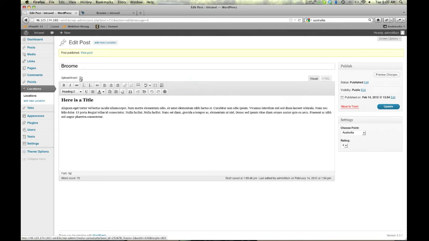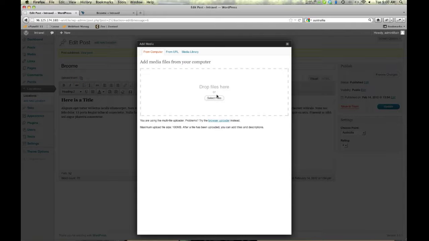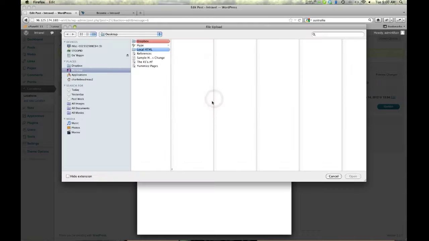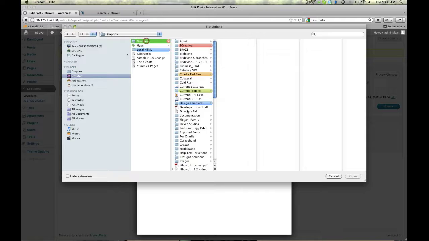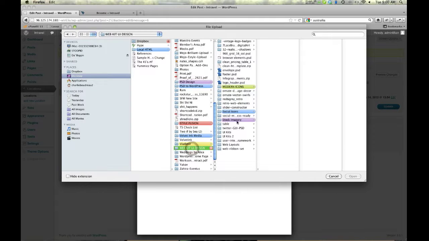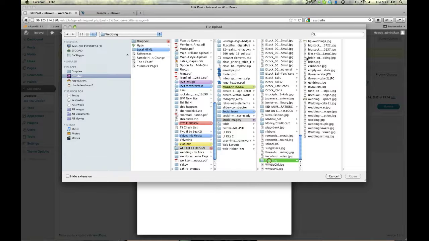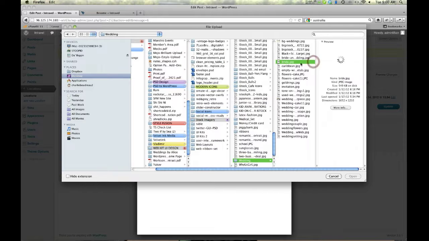To do so, I click this little icon right here, add media icon, upload, insert. And I can drag and drop right in from my computer, or I can actually just select and search for them. So what I'll do is I'll hit select, and see if I can find just a generic set of pictures just for this particular video here. I know these are wedding pictures, but I really don't have a whole lot to choose from. So I'm just going to choose